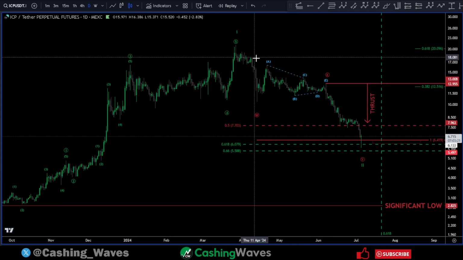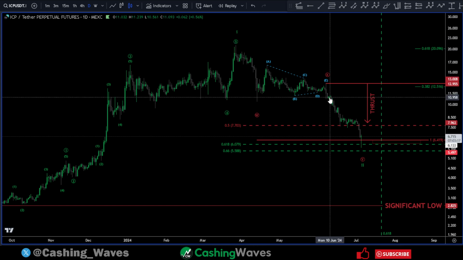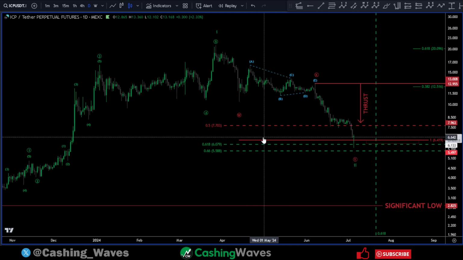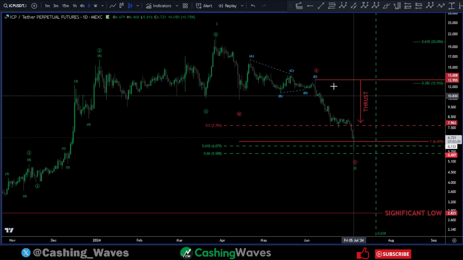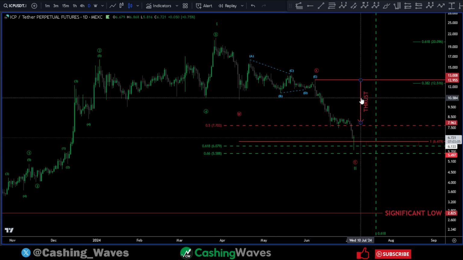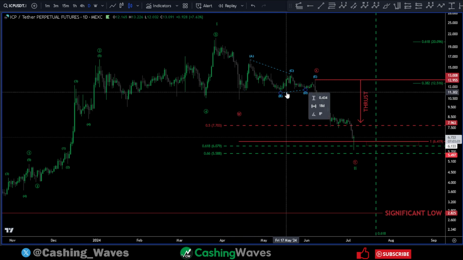Now, as I was tracking this out, saw a 3-wave move, a very extended triangle. It's pretty obvious when you're zoomed out on the daily. Excuse me. I then took the thrust measurement, which is the beginning of wave A. You extend out these